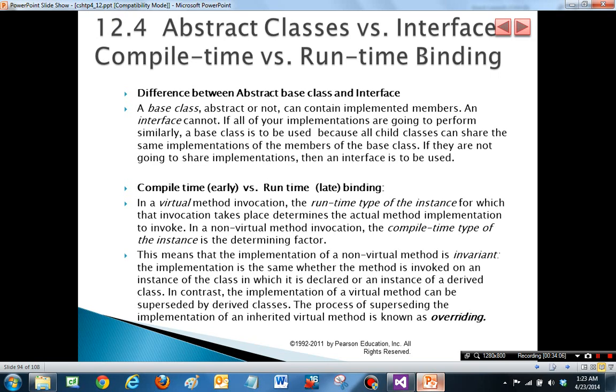And we also talked about compile time or early versus runtime or late binding, or static binding and dynamic binding. In case of a virtual method, the runtime type of an instance determines the method invocation. In case of a non-virtual method invocation, the compile time type of an instance determines what version of the method is invoked. And this also means that a non-virtual method has an invariant implementation. In other words, the implementation is the same